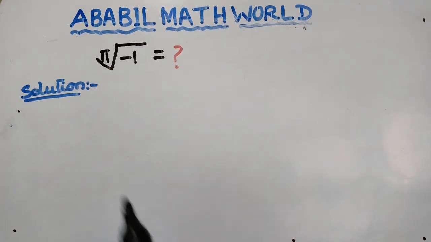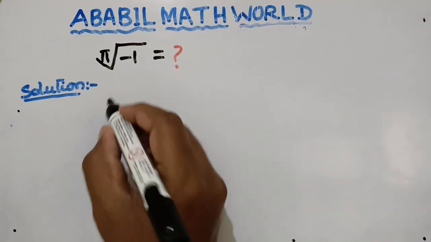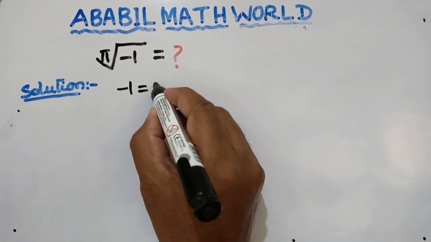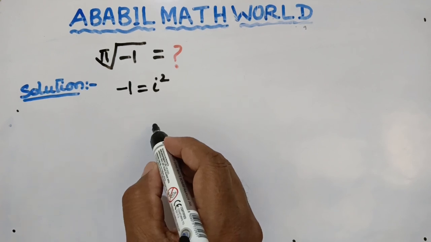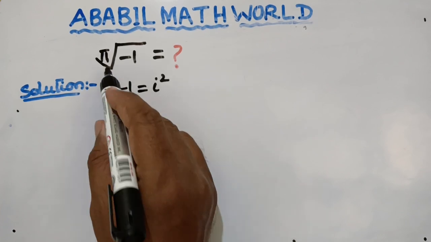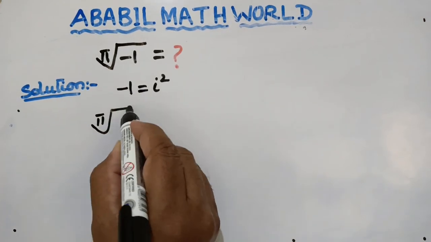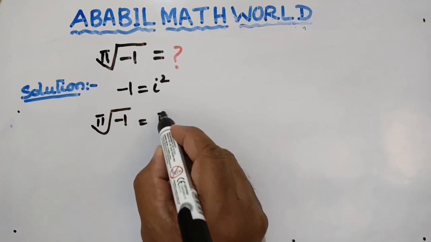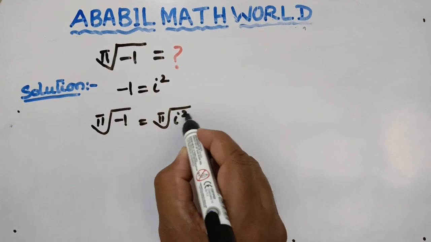Today we are going to solve a problem: find the pi-th root of minus 1. So we know that minus 1 can be written as i squared. i is the imaginary square root of minus 1. So if we take this pi-th root of minus 1, we can write the pi-th root of i squared,